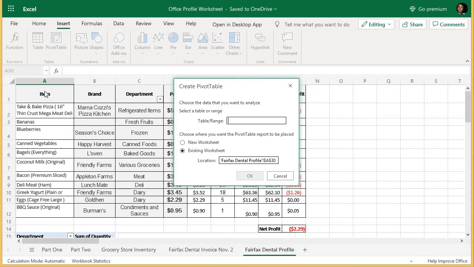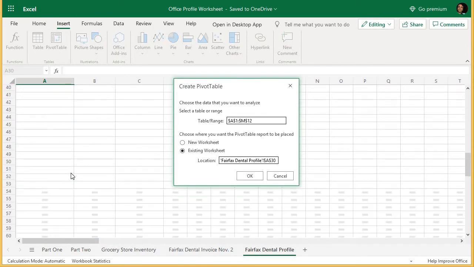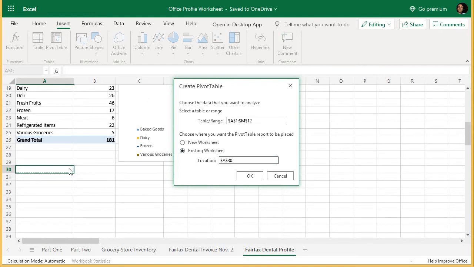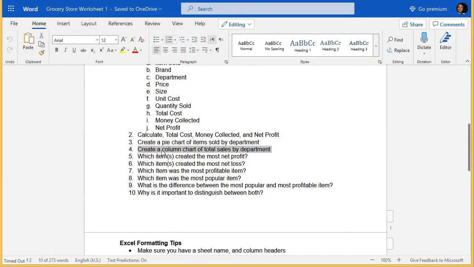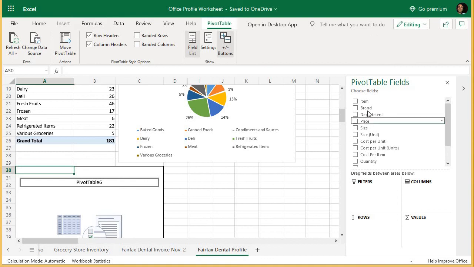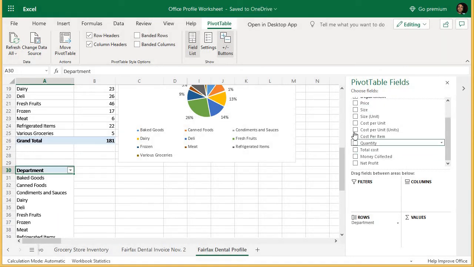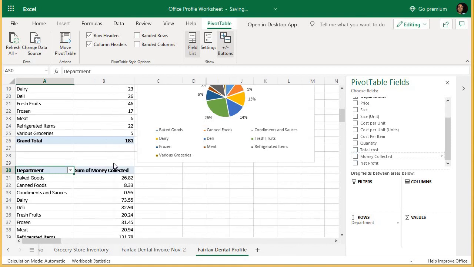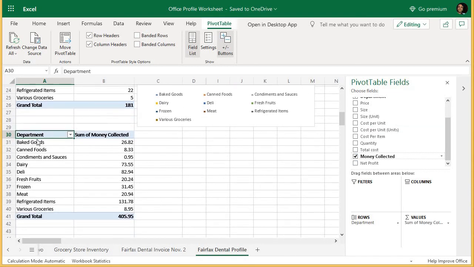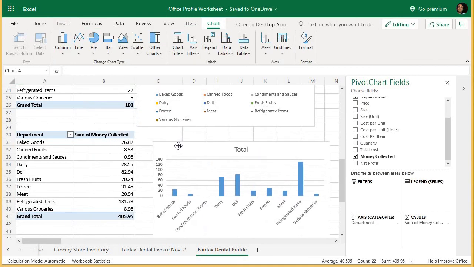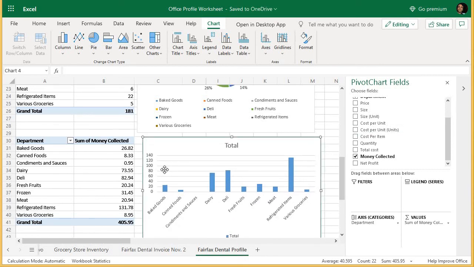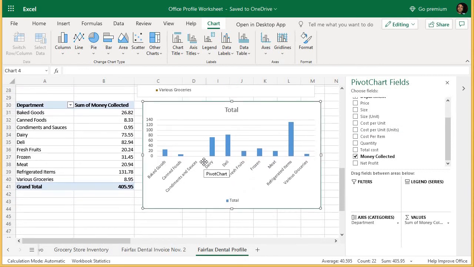So I'm going to create a pivot table, select my data range, and then this is going to be the location of my pivot table. And I'm only interested in total sales by department. So it's going to be department and total sales, which is, I think, the money collected. It's how much sales we made per department. And then if I select this data, I can create a column chart there. And it looks like that because we've only made 95 cents